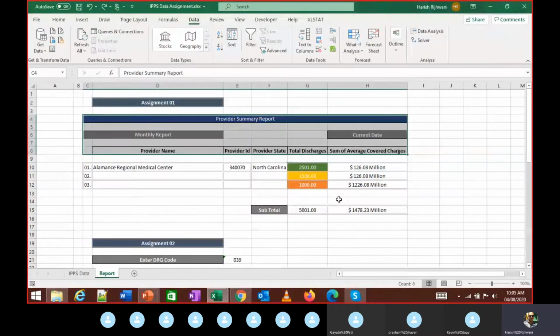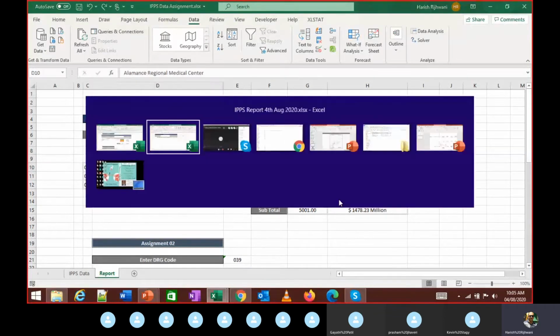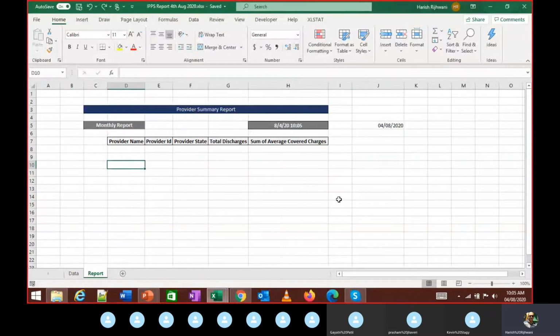Okay. So now the next step is you want to get the provider name. These are all unique provider names. So we need to get the list of provider names over here.